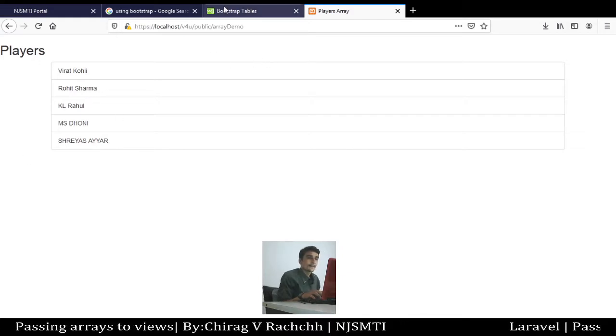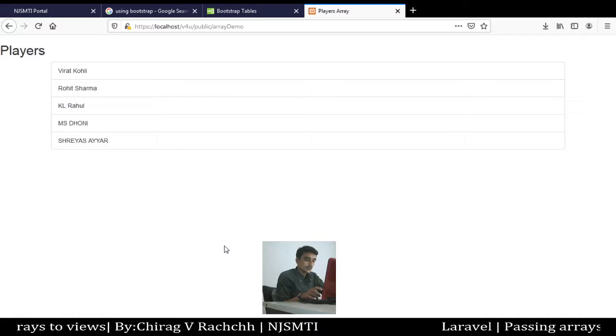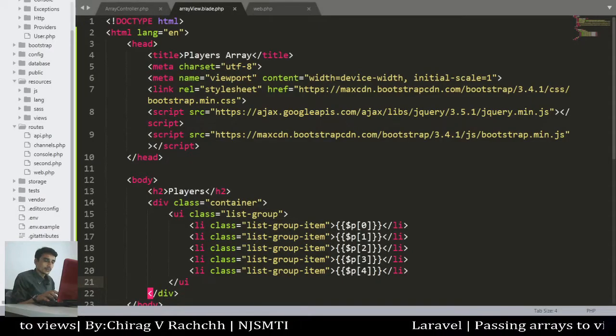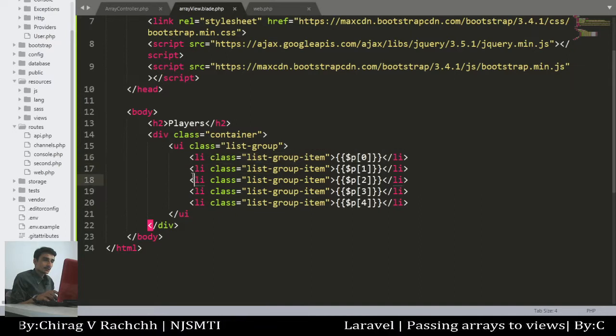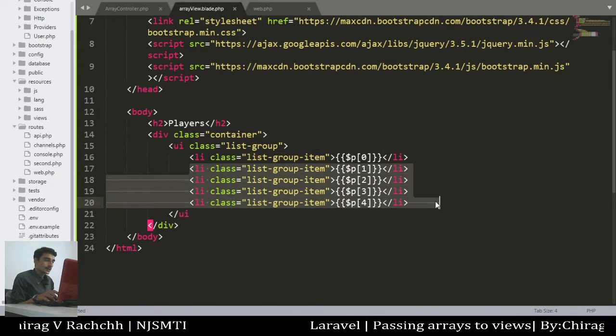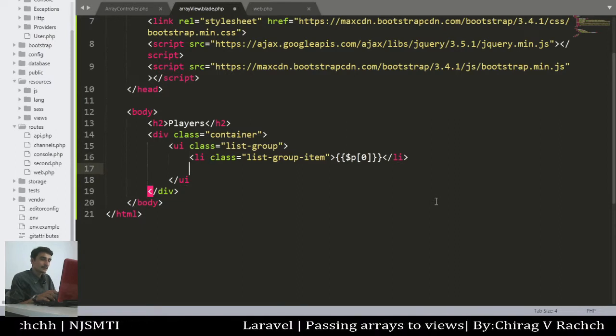Okay, now we can do one thing here in our coding. Instead of writing all these elements manually, we can have a for loop of Blade.